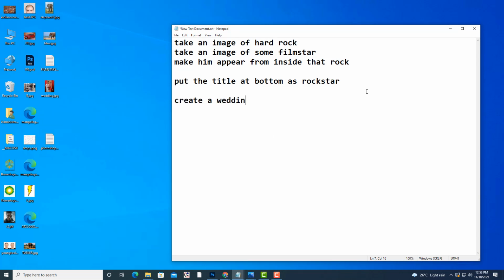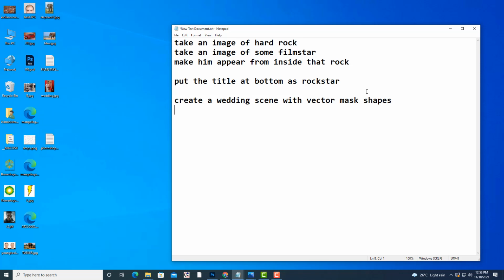Create a wedding scene with vector mask shapes. Something like what I told you. You can create a wedding scene like wedding is taking place, or you can show the bride and groom together.